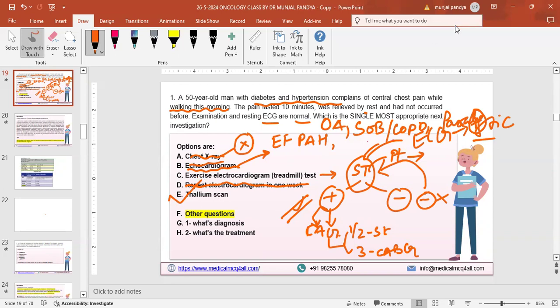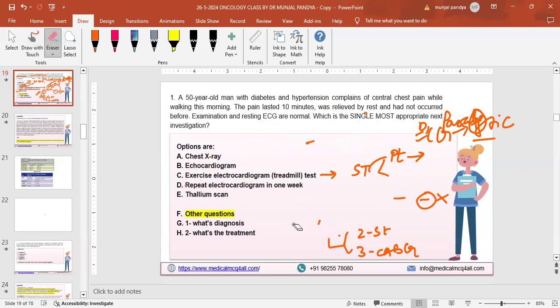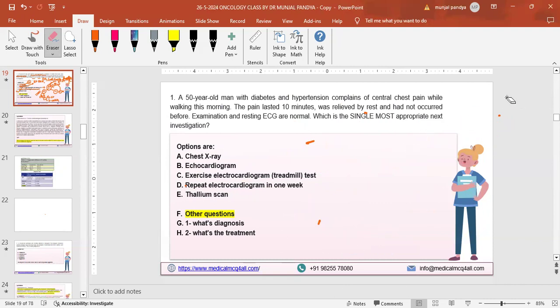Yes, sir. Thallium scan means you are injecting some dye intravenously, and that will stress the heart muscle, and it acts on the coronary artery, and it will be reflected on the ECG. You can even call it a thallium stress test, right? So thallium is the name of the drug. It's a radionucleotide drug, a radioisotope, which you can inject and take a picture and see how much is the difference in the ECG. So normally you run on the belt, right?